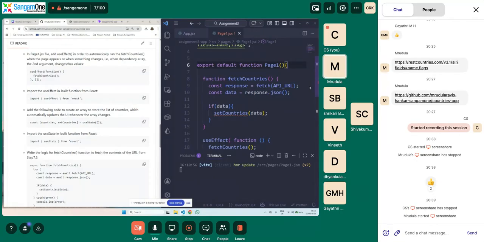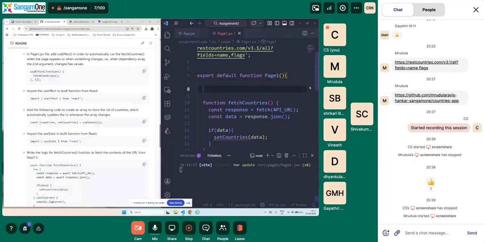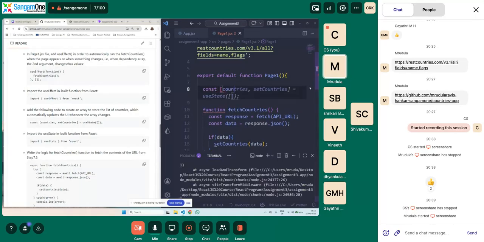Okay. So now what we will do is we will say const of countries. This value of countries can be changed in the future because initially we will assign it as zero or null.